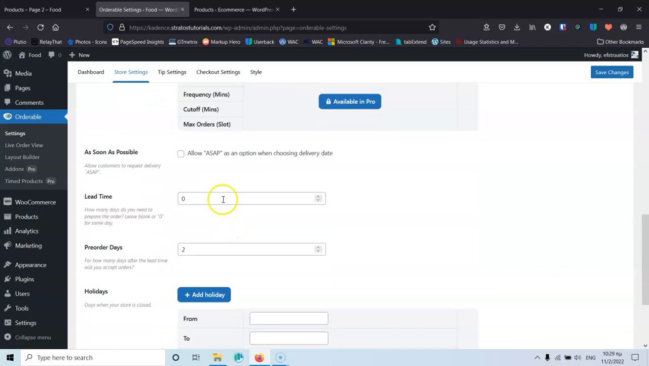Okay, let's continue. As soon as possible. Do you want to have the as soon as possible option for the delivery? I want the visitor to click the as soon as possible button, and he will get his food immediately, or as soon as we can deliver. Then we have the lead time, and here is if you don't want to accept delivery